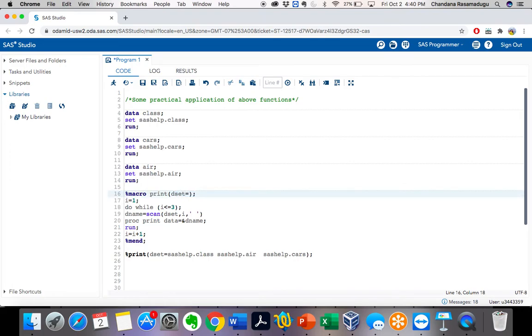That means data set has to be created. So as we are doing these functions in the macros, let's change all the values to macros.